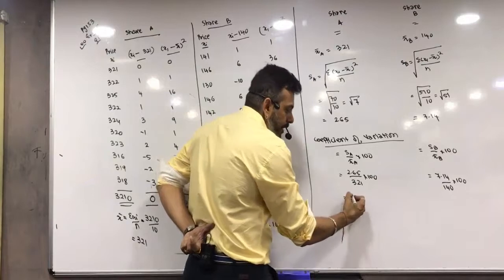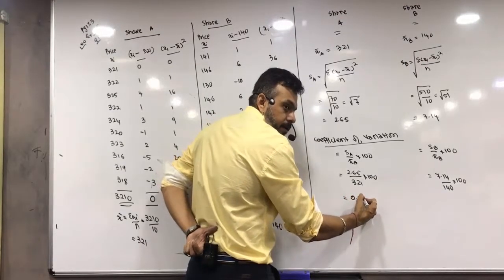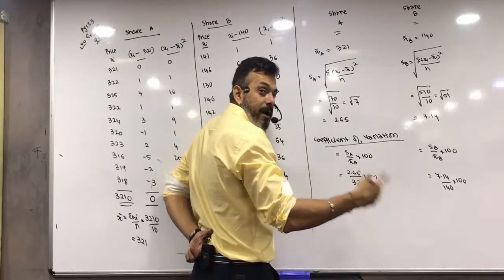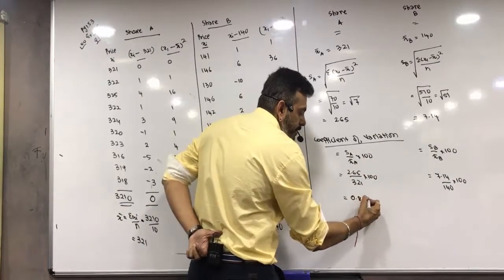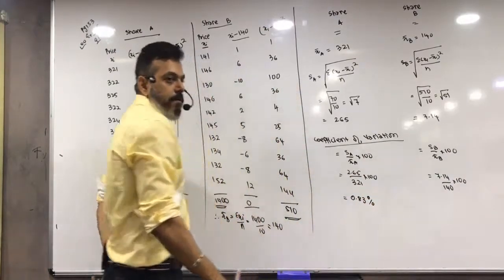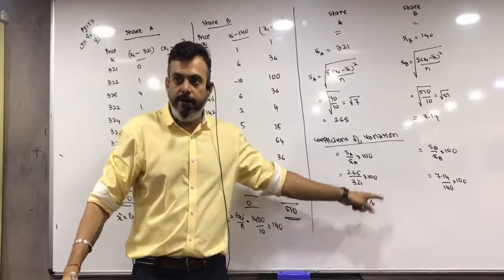Here you are getting 0.82, and what comes after that? So 0.83% because it is into 100, and over here